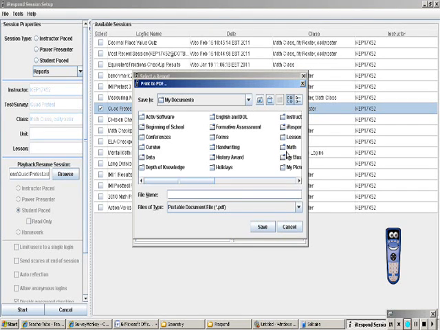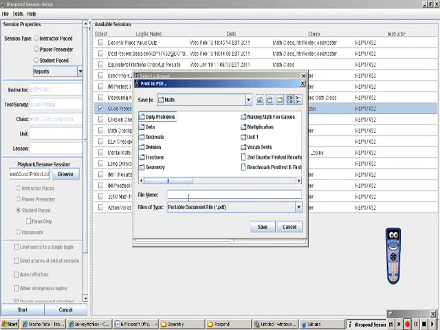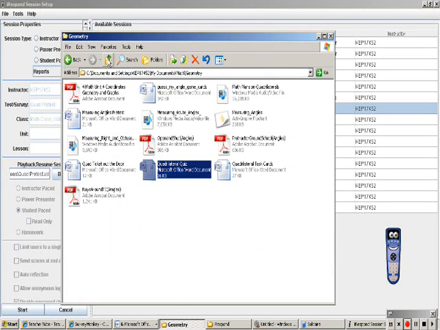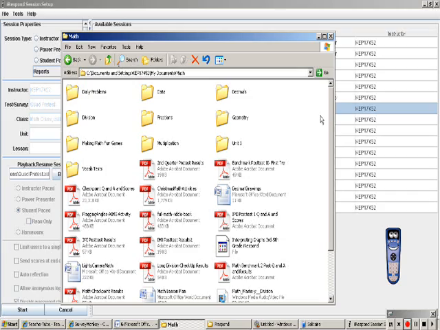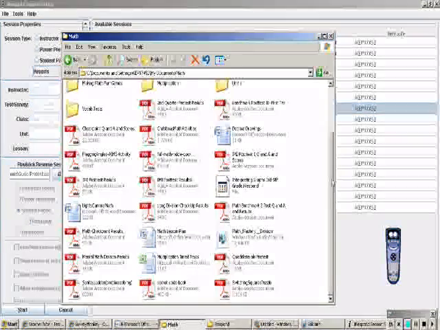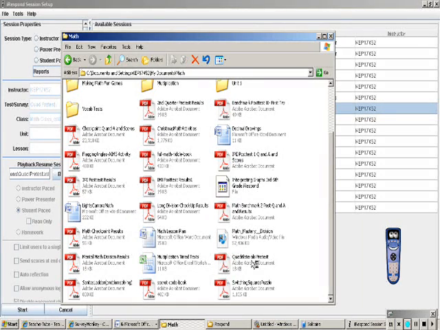So if I wanted to save this in my math folder, I can click there. I can give this the file name of quadrilaterals pretest, and I can click save, and it has generated that report. Now if I go into that folder, here's my math folder, I simply look for the quadrilaterals pretest where I saved it right here. When I open it,